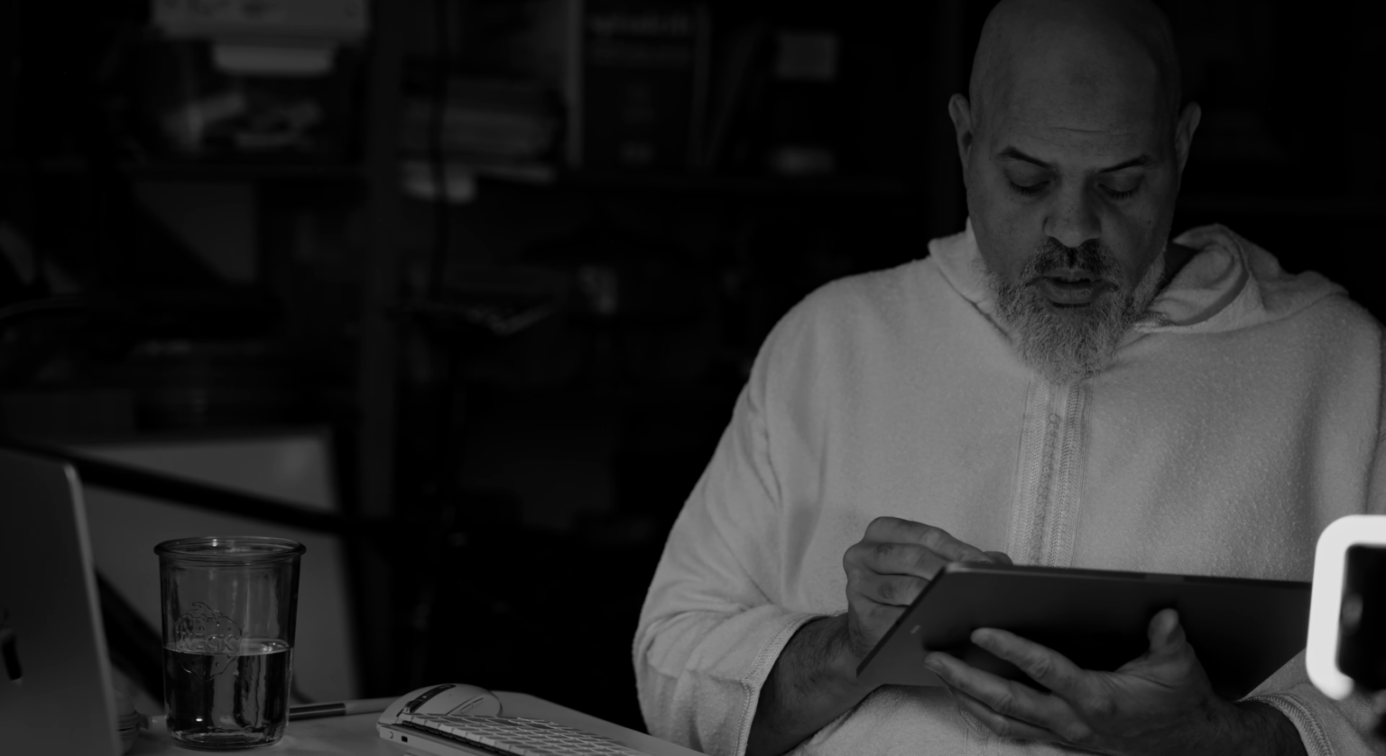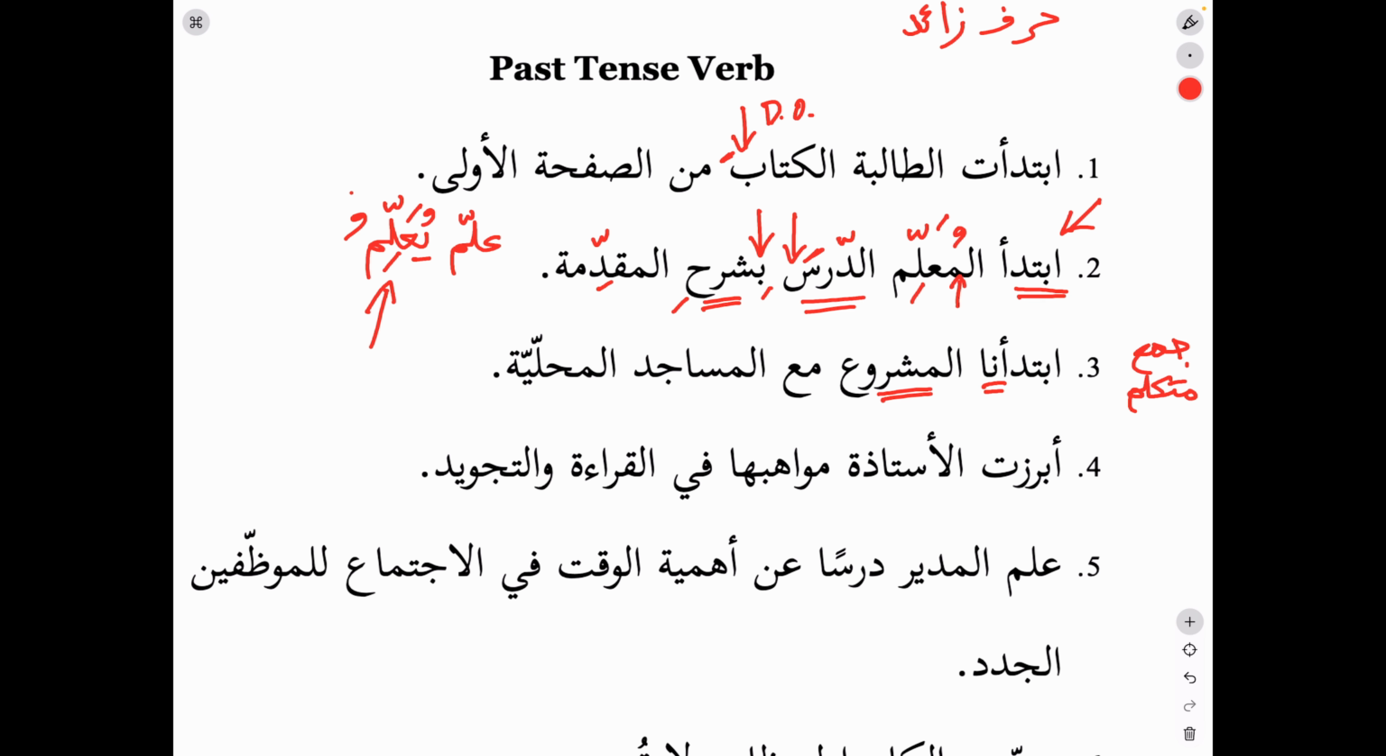So we began. What did we begin? A mashru'. What is the word mashru'? If you look in your vocab, it means a project. So it is going to be the direct recipient of the action of ibtada'a. So it is the direct object, and so what is our marking? The fatha. ابتدأنا المشروع